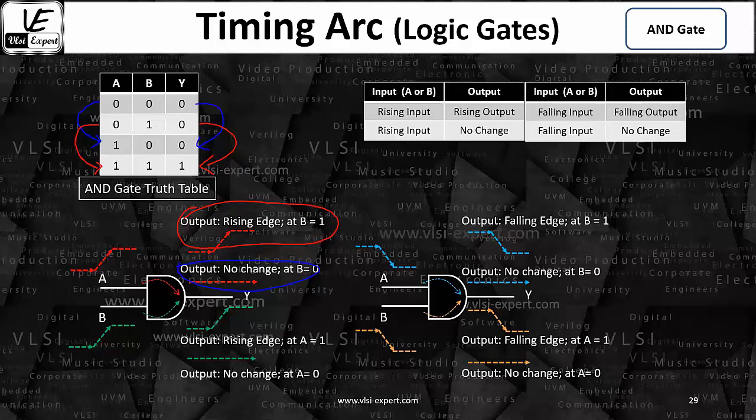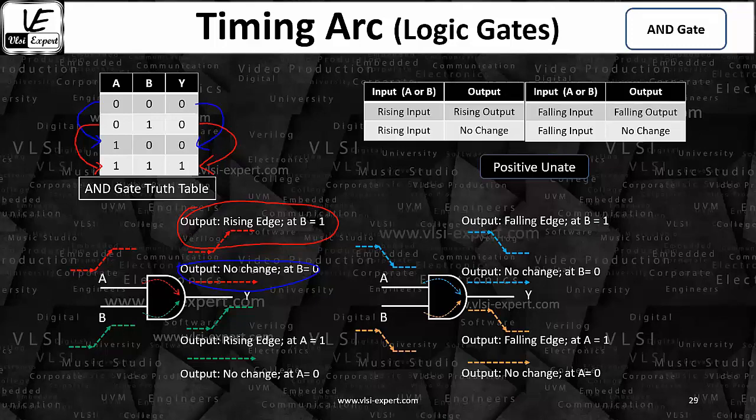Any arc which has such behavior, I'm going to say these arcs are positive unate. So I'm talking about unateness; this is a property basically. Here it is positive unate. Again remember, there are two pins, input and output, A and Y, and it is positive unate. That means if you apply a rising edge at A, you will get a rising edge at Y, or there will be no change at Y. Or if you apply falling, then you will get falling or no change.